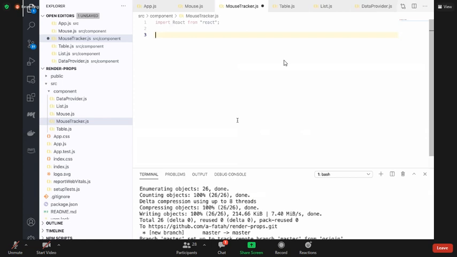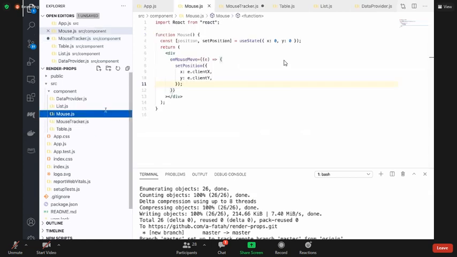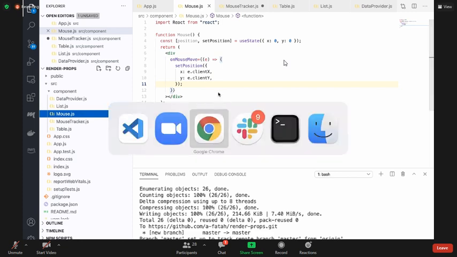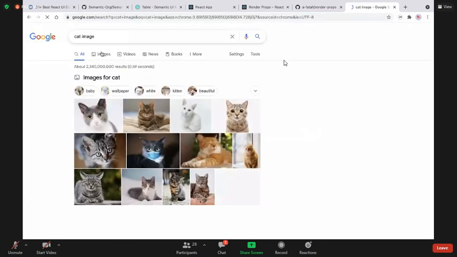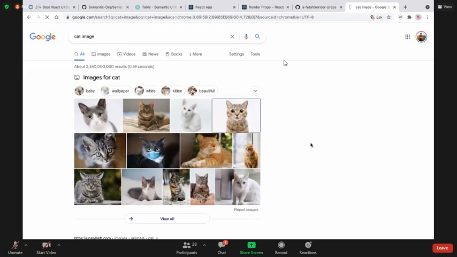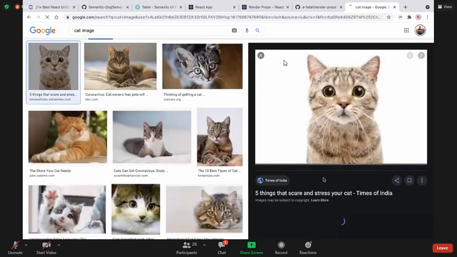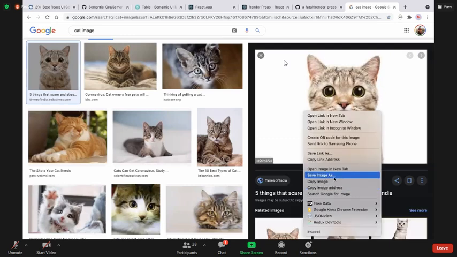अच्छा, तो हम डिस्कस कर रहे थे माउस ट्रैकर के एग्जांपल। माउस कंपोनेंट हमने बना लिया, उसके अंदर एक्स एंड वाई कोऑर्डिनेट्स आ गए। अब हम चाहते हैं कि जैसे माउस की पोजीशन चेंज हो तो एक इमेज हो, हम कैट की कोई इमेज उठा लेते हैं। हम चाहते हैं कि इमेज फॉलो हो, मतलब कर्सर जिस तरह मूव होता है इमेज भी फॉलो करे। तो पहले हम बिना रेंडर प्रॉप्स के करके देखते हैं, फिर रेंडर प्रॉप्स यूज करके डिफरेंस देखेंगे, क्या उसका बेनिफिट होता है।